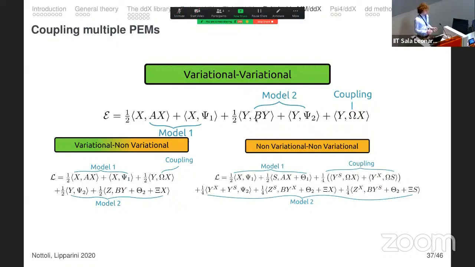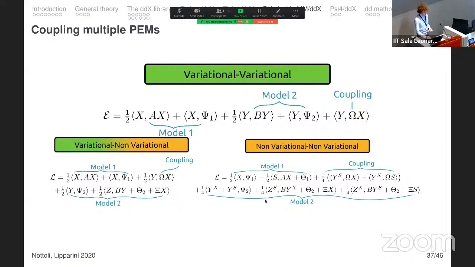So the idea is we start by building either an energy functional or a Lagrangian if we have non-variational things in the middle. And we have some energy contribution from one model, some energy contribution from the other model, plus a coupling condition, which is in this case simply an interaction between charge densities. If the second model is non-variational, then we have to add a constraint to keep the linear system solved in the second model. And if both of them are non-variational, then we have a constraint on the first, more complicated